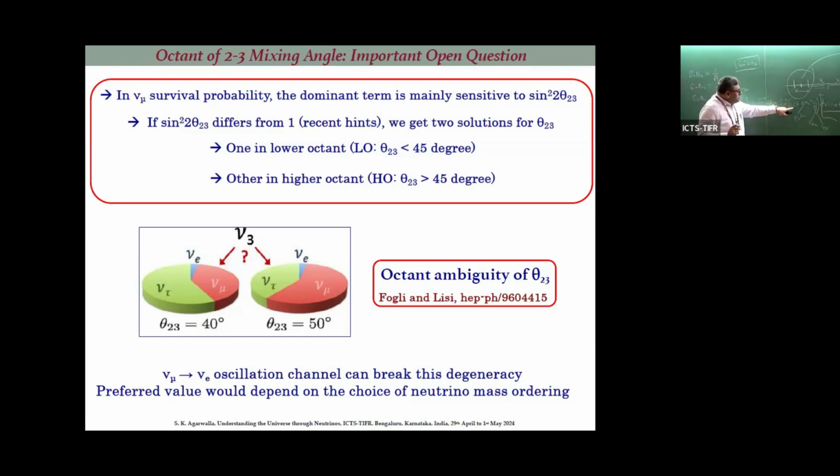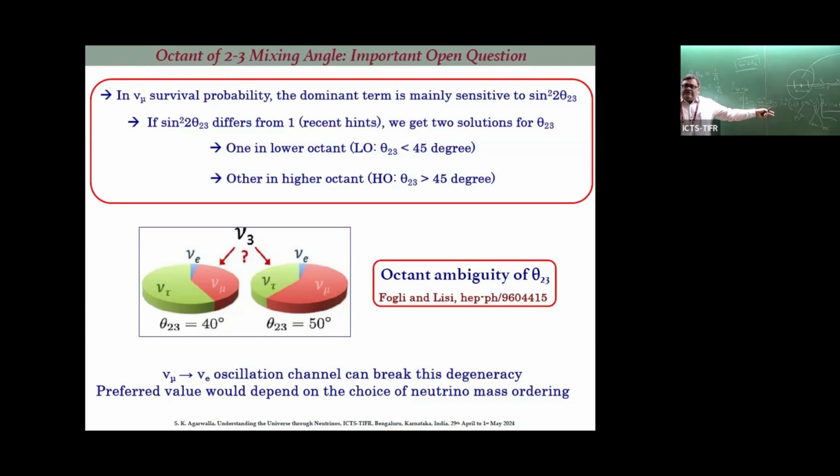And if this is also 1, then what would happen? P nu mu to nu mu is what? 0. That means full oscillation. All of the nu mu's have oscillated to nu tau. So if you fit the Super-K data in a two flavor scenario, and in two flavor, forget about the matter effect, the leading term looks like that. You have only two simple sine square functions.